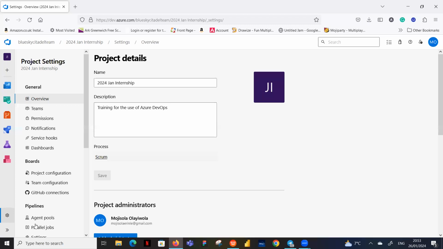Okay, once we get to the project settings, actually not through the project settings, the best way to get to it is here. So either you're clicking on this one or you're clicking on here, it will take you to your organization. Okay, either this Azure DevOps logo that you have there can take you to your organization, or the name of your organization, which you will know, which is this, can also take you to your organization. So if you click on Blue Sky Citadel team,